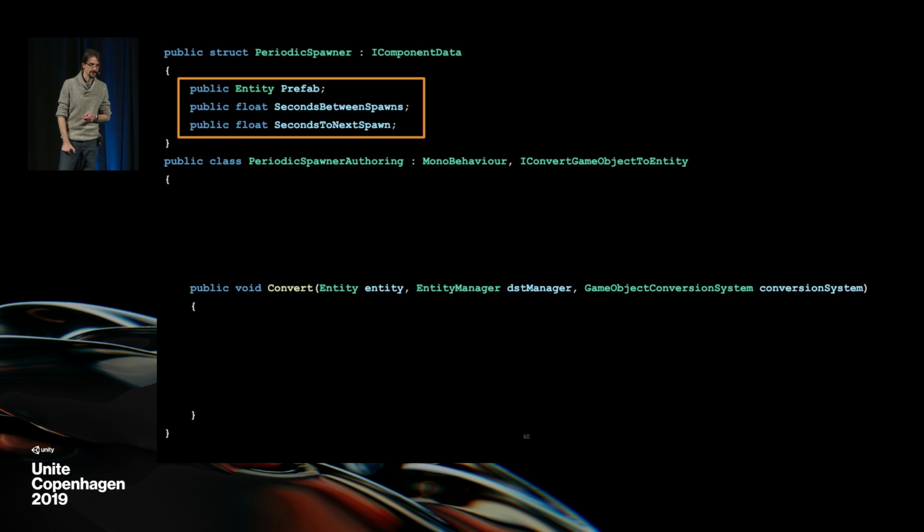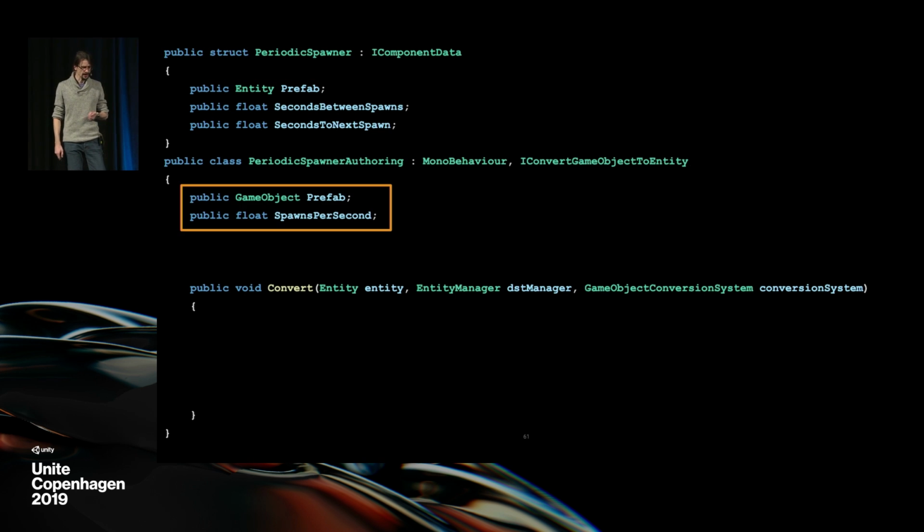What I want to get in the end is this. A prefab in the ECS world is an entity. Even if you have several entities that are part of the same logical prefab, you will still have one master entity that contains the list of all the other entities, and that's the one we want here. Then we have the amount of time that should pass between spawns, here seconds between spawns, and we also need some sort of countdown to know when we have to fire the next prefab, and that's my second to next